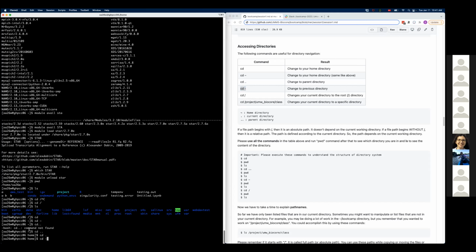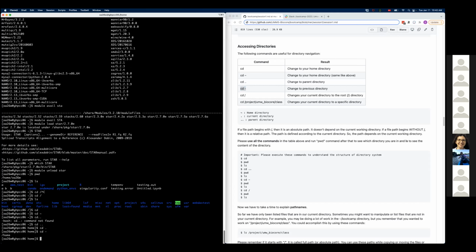So if I do this, I expect to go to home. Or in this case, I was already here. So, and then I used the cd dot command and I changed the directory to the same directory. So if I want to go back, it's still bringing me to this directory.